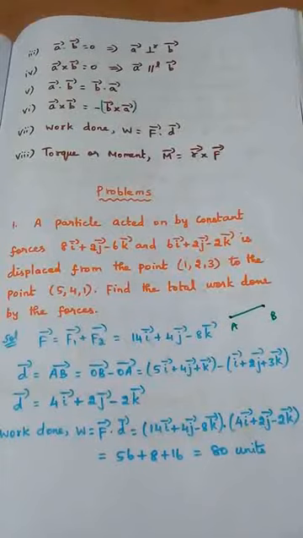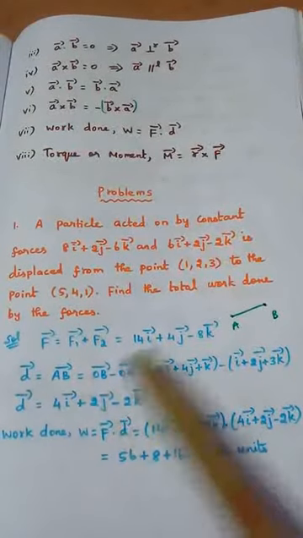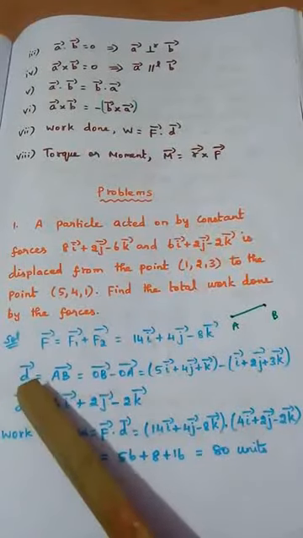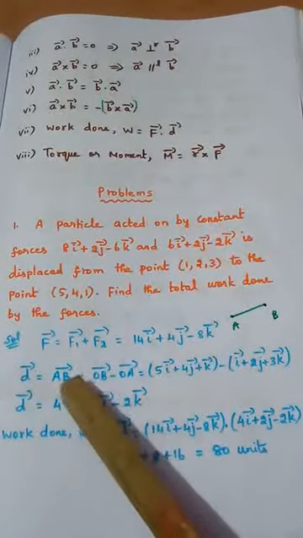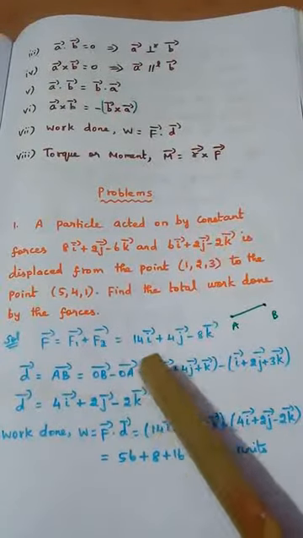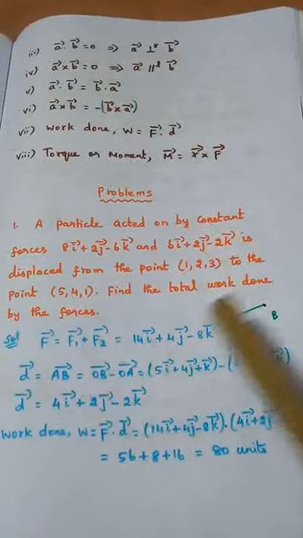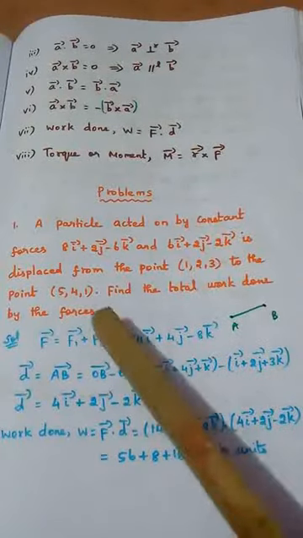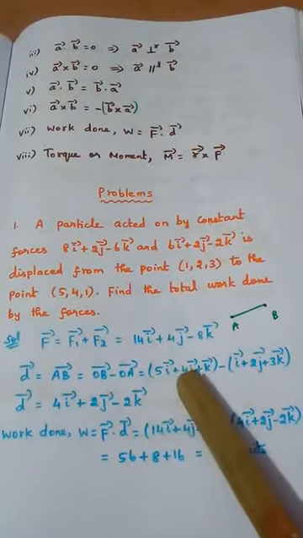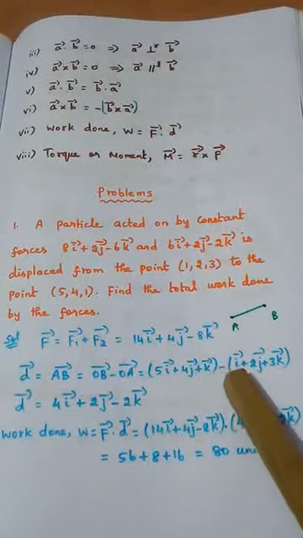So D vector is nothing but AB vector. This vector is called the displacement vector. So that we have to calculate. AB vector. What is the formula for AB vector? OB vector minus OA vector. So you write OB vector. What is OB vector? The final position. What is the final position? 5, 4, 1. So I should write 5i plus 4j plus 1k minus